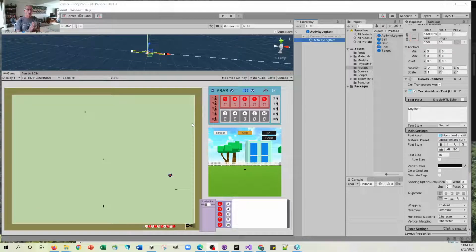Okay, so what we're going to do in this part is start creating an activity log. We're going to try and monitor when a ball hits another ball, because that will tell us whether we can take a touch to start a spark. Monitor when a ball crosses one of the boundary lines. Monitor whether a ball has gone through the hoop or the gate, and monitor whether the ball has hit the